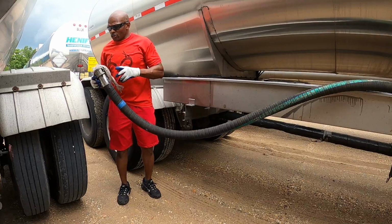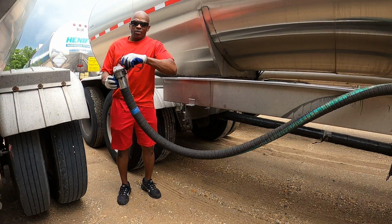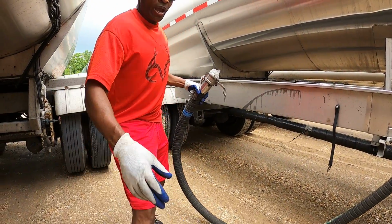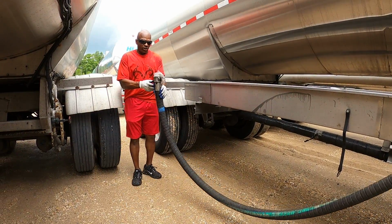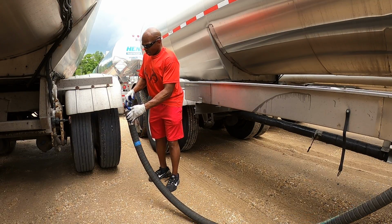Actually, it feels a little heavy. Maybe it has something in it. It may have something in it. It feels a little heavy. And a lot of times you can feel whether it has something in it or not. You can tell the heaviness of it. Nah, I heard it. Oh, this is